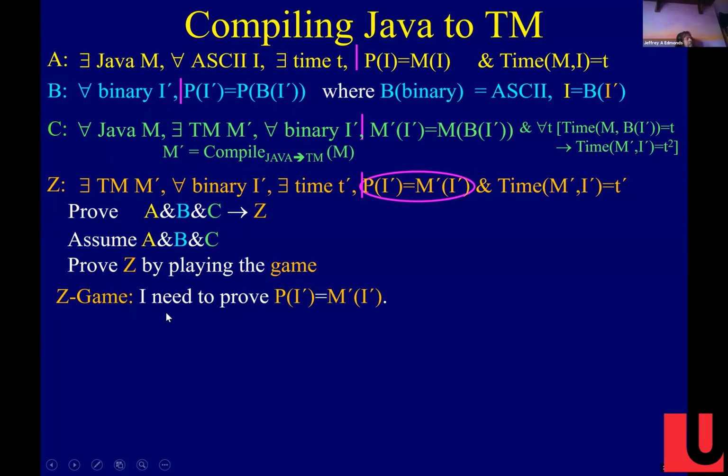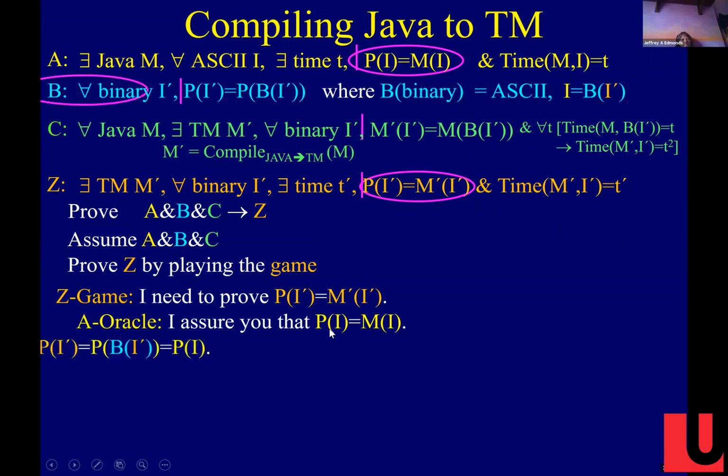I get people to help me on demand when I need it. So I think, what is my need? My need is that I need to prove that my Turing machine on the input given to me by my adversary solves the problem at hand. So I'm going to come up here and say, well, who's going to help me with that? Well, A is going to assure me that the Java program gets the right answer. So there it is. A is assuring me that the Java program solves the problem, and